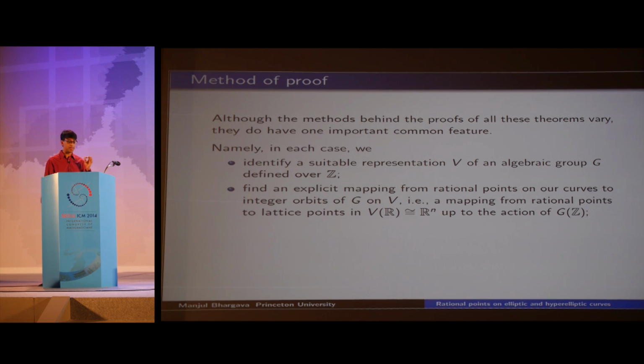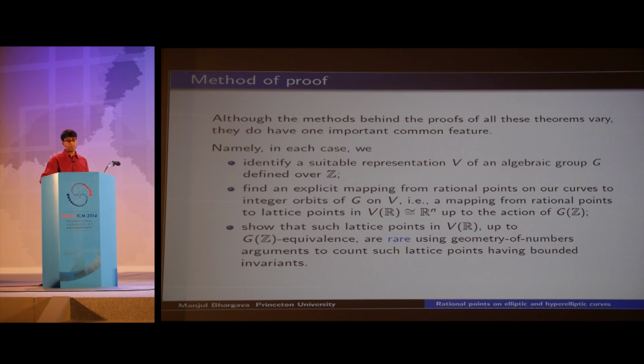In other words, a mapping from rational points to lattice points in a real vector space up to the action of some group. So it's a way of translating rational points into group theory. Find a map from rational points into orbits of a group action on lattice points in a real vector space. And once we have this map, we show that the lattice points in the vector space that can be in the image of this mapping are relatively rare. And that's done using geometry of numbers techniques to count lattice points having bounded invariants,